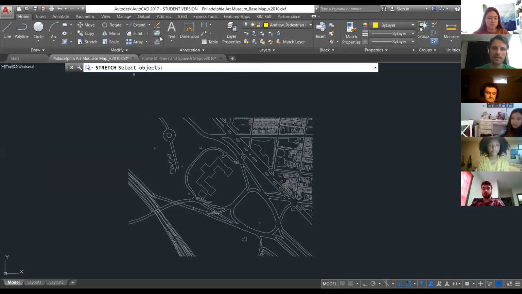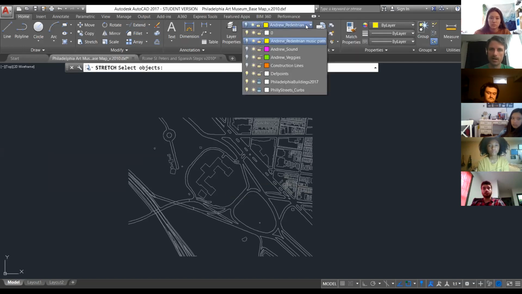And then the other piece that I want to draw your attention to along this ribbon is this area right here, which is layer properties and the layer menu. As I click this pull down menu, you'll see that there's already some defaults that are existing in your CAD file that you have open on your computer. So that's layer 0 and the Defpoints layer. Those are almost always in every CAD drawing. Sometimes they're not, but